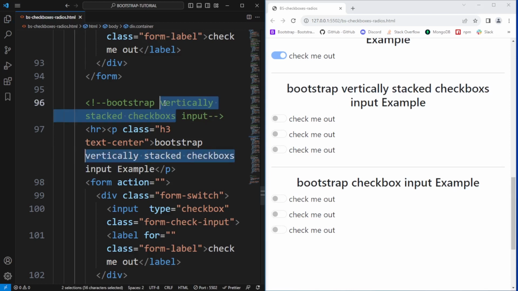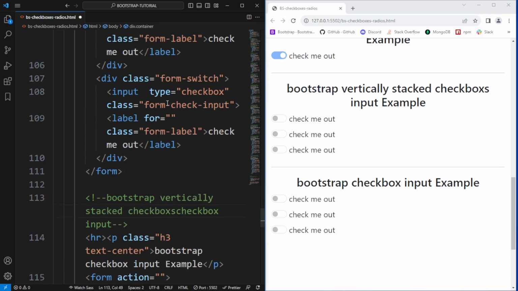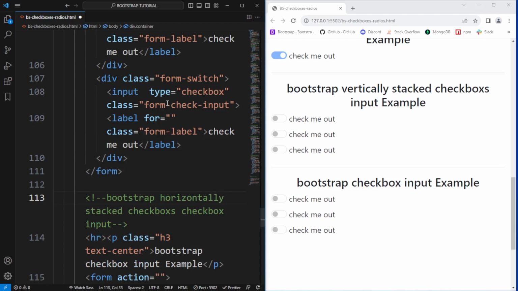Hit save and let's copy this text from here and go to our copy that we have recently created, and I'm gonna rename it, or I'm gonna add here Bootstrap. Let's paste it here and replace this vertically with horizontally. Bootstrap horizontally stacked checkboxes, and I forgot to add E